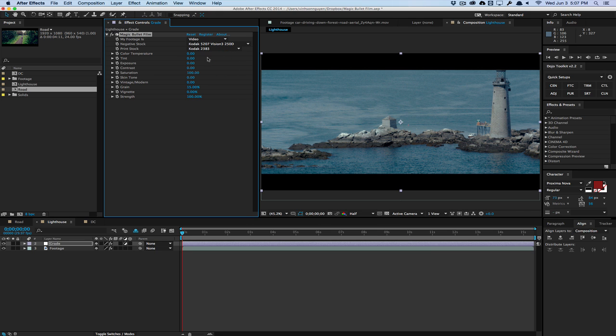Kind of like this one right here. We can play around with the color temperature, maybe play around with the tint, and you can kind of create an interesting look here. Maybe just add a little bit of contrast, and then maybe add a little bit of modern, maybe a little bit of vignette,